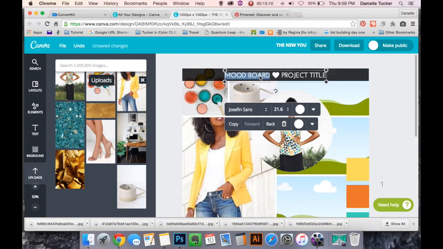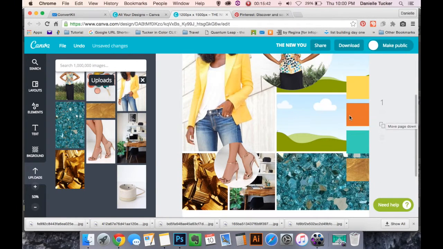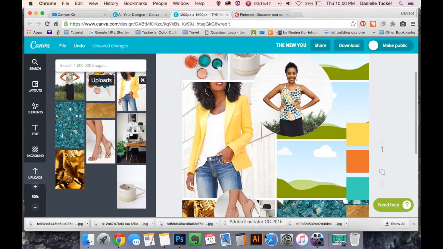So let's just say, we'll double click right here. I'll title mine, nope, let's do all caps, TUCKER AND COLOR. And let's name the project Website Design. Perfect. Okay, and that is what your mood board would look like. Obviously mine isn't complete, but for the sake of time, I'm just going to move on to Photoshop